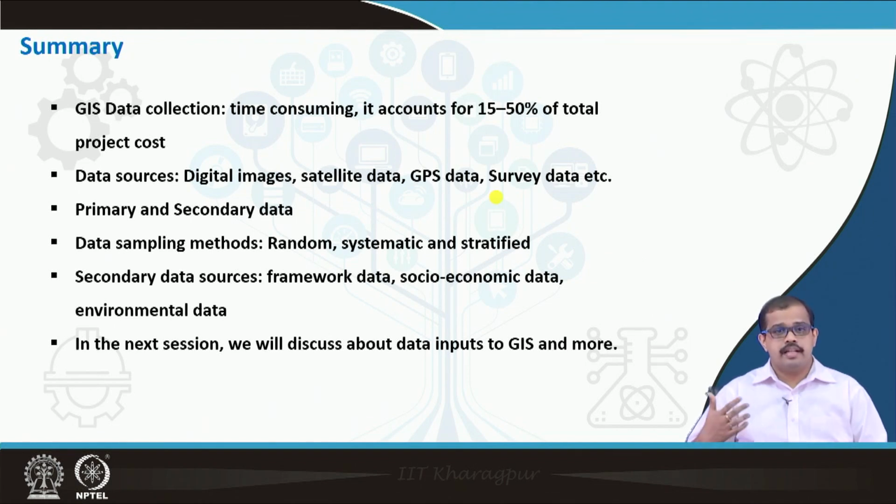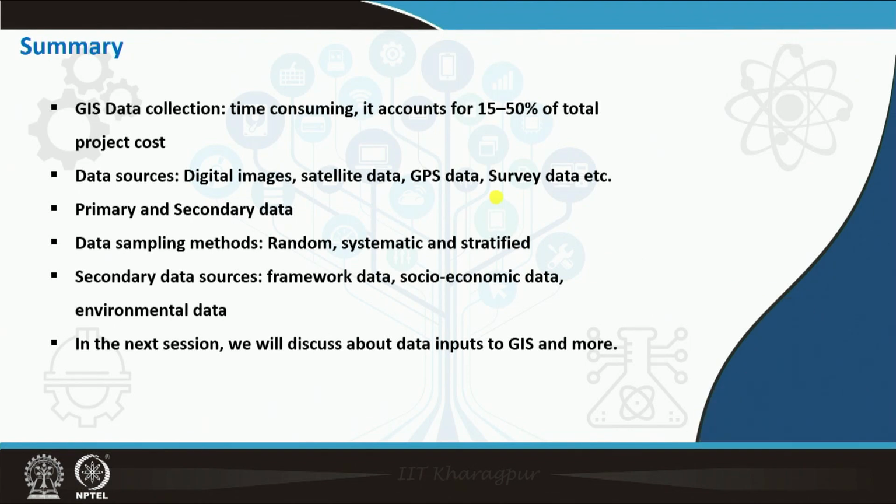Probably in the next class I will discuss how you do data input. We have been speaking about digitizers, and about how GPS can be an input as data. We have looked at different ways of inputting data, such as plotters, scanners, etc. In my next class I will speak about specific ways of how you input GIS data, and how you create data by yourself if you have a reference data.